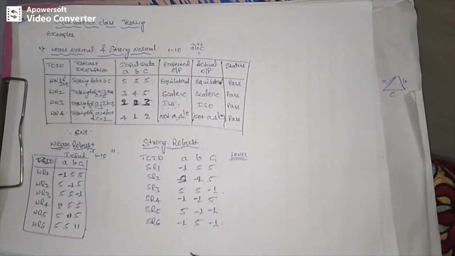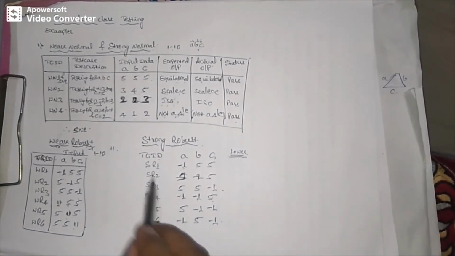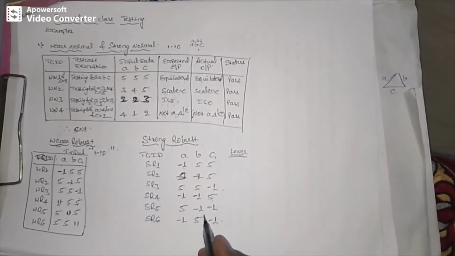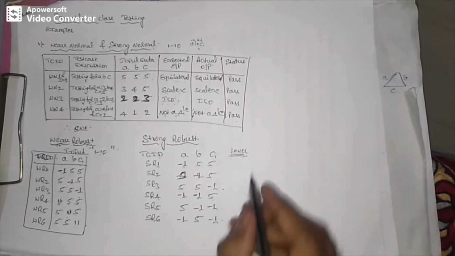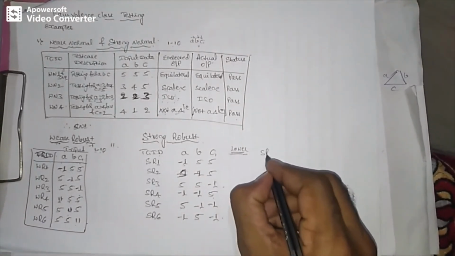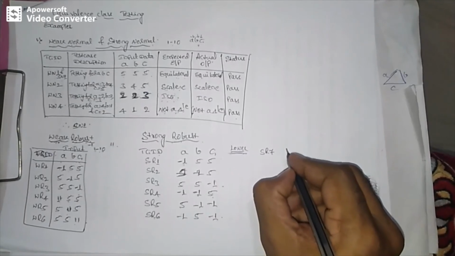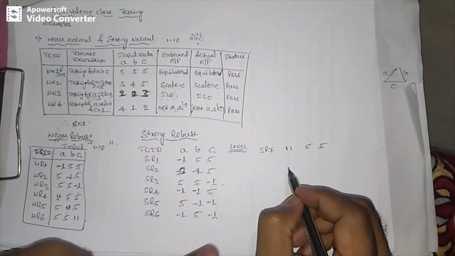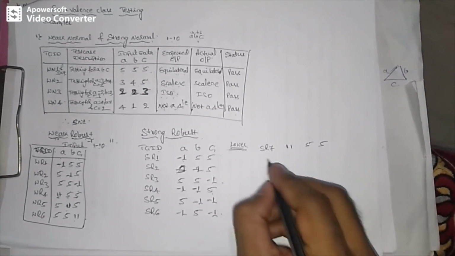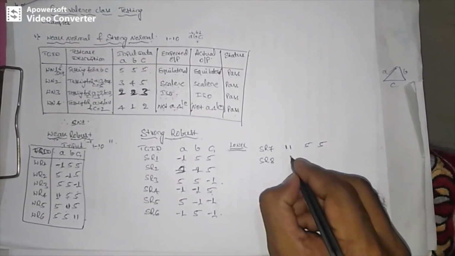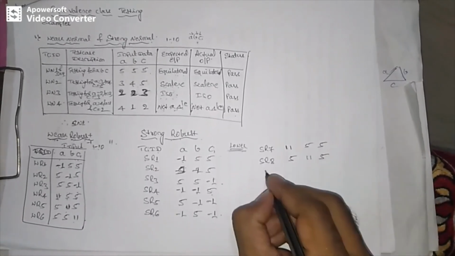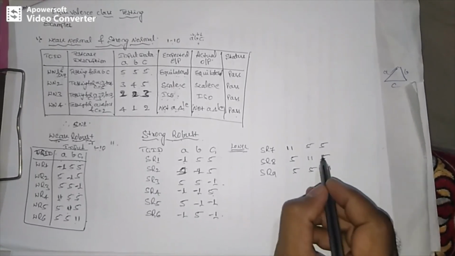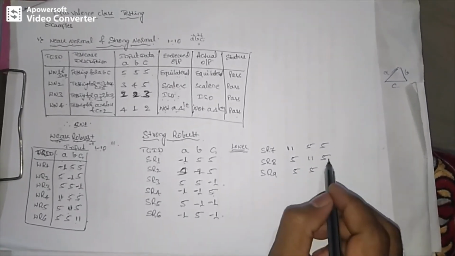Similarly, you can also write the remaining test cases for strong robust under the upper corner, with invalid input for the upper corner. I will write here SR7, so the test case will be 11, 5, 5. Similarly, first the single fault assumption, then it needs to be followed by the multiple fault assumption. Then SR8: 5, 11, 5. Then SR9: 5, 5, 11. Now the upper corner single fault assumption is covered.